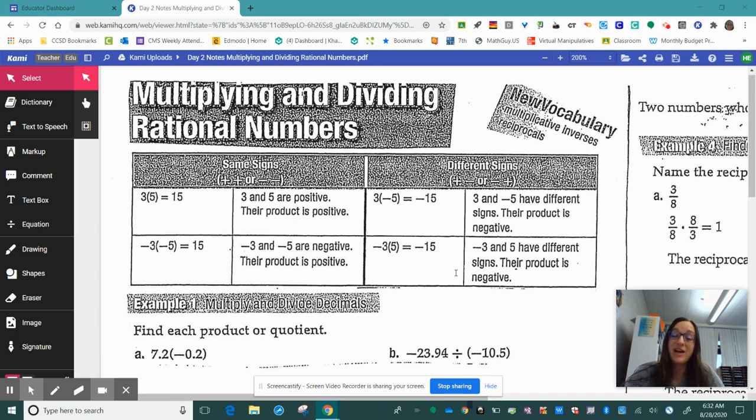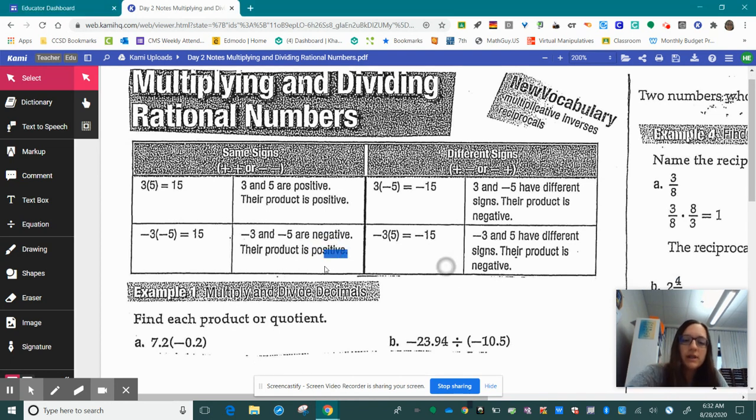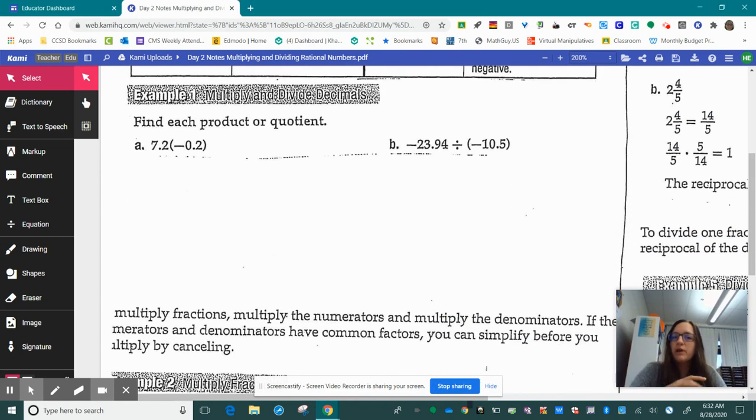Multiplying and dividing rational numbers. The rules for multiplying and dividing with positive and negative numbers are much easier than adding and subtracting. If they have the same signs, positive. Different signs, negative. That's how easy it is. So at this point, if we look at multiplication, we're going to multiply or divide as usual, and then just